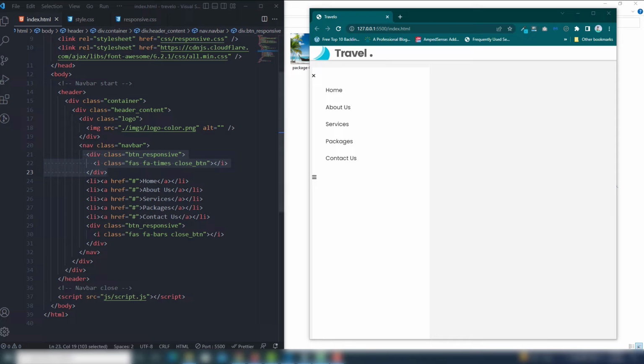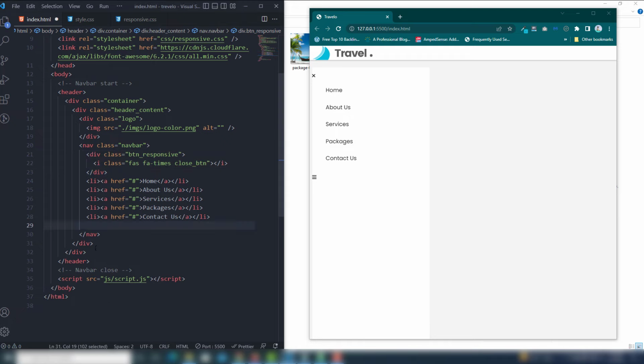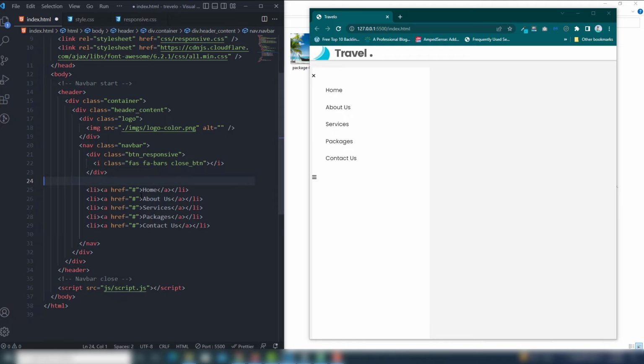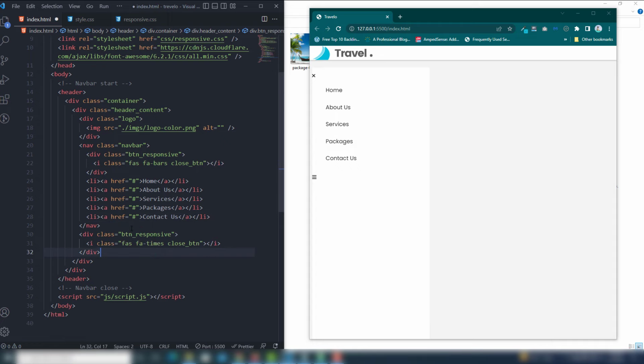Okay, I cut that, paste it there, and I cut that, and then we need to paste it outside of the navbar. So save, right, as you can see, but we need to change the